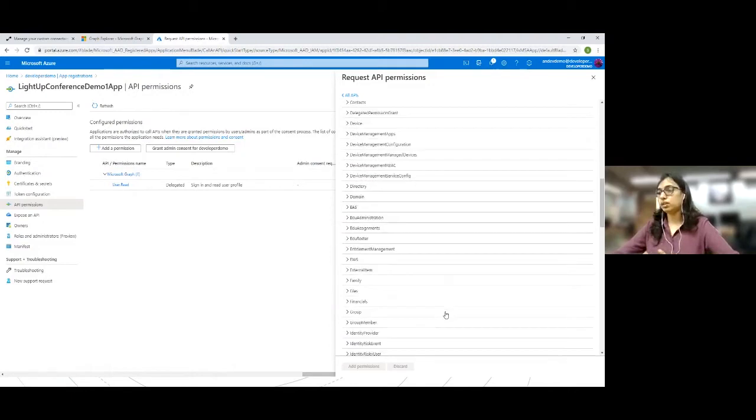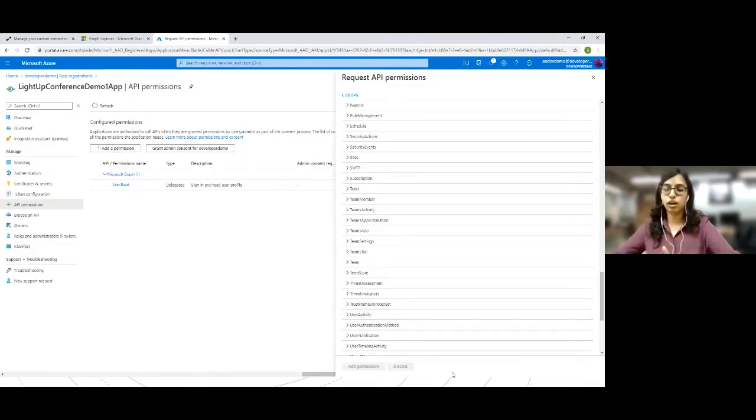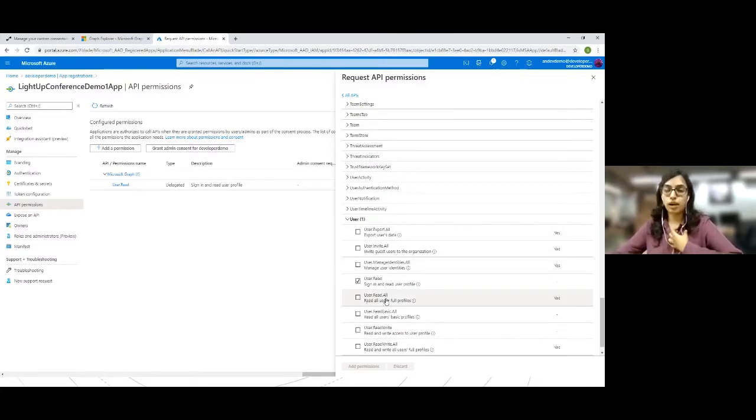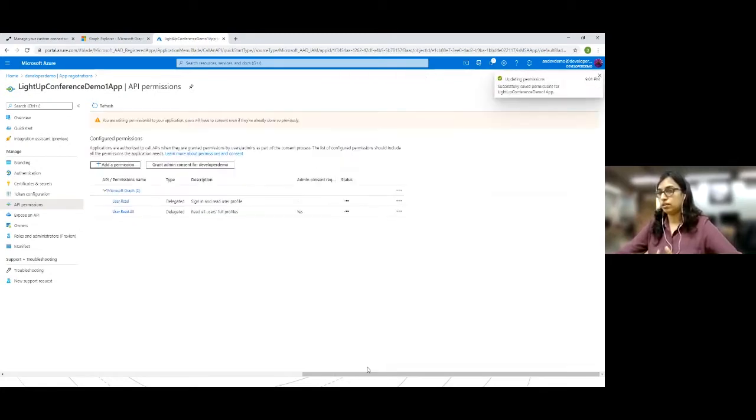Delegated permissions means the Graph API will use the underlying user account in order to execute the API. So it will use my account as I'm building the flow, or I can configure a service account to execute this connector. I will need User.Read.All because I want to read every user's profile, whatever users are returned as per the filter. So I'll click on add permissions. I've added the permissions required for my Graph API.